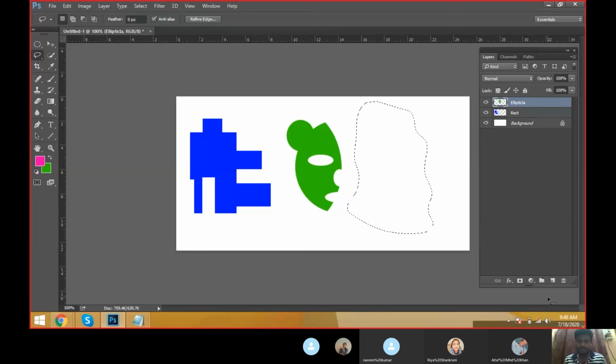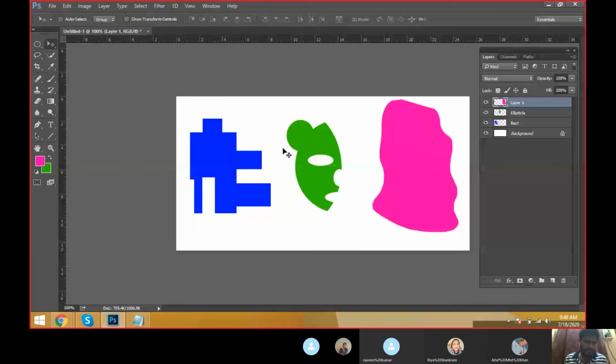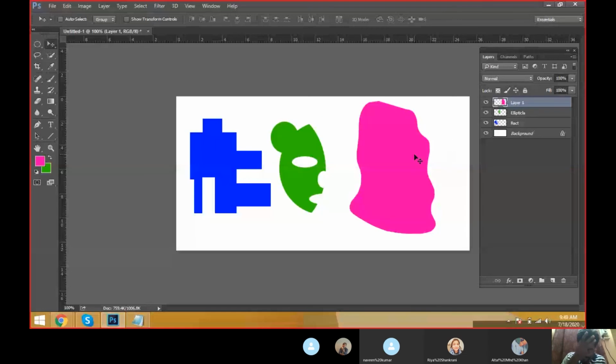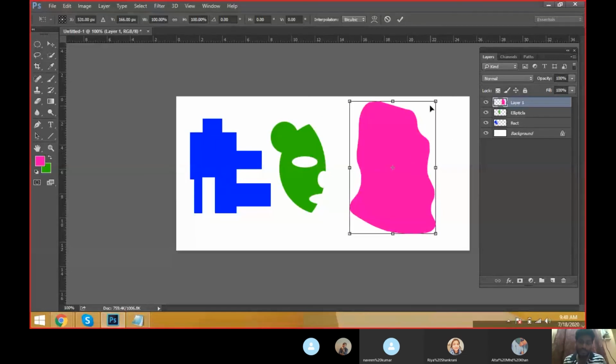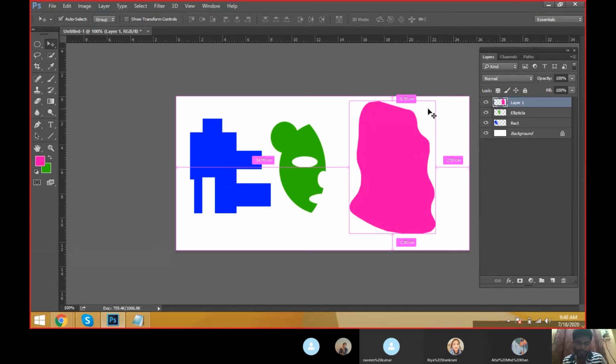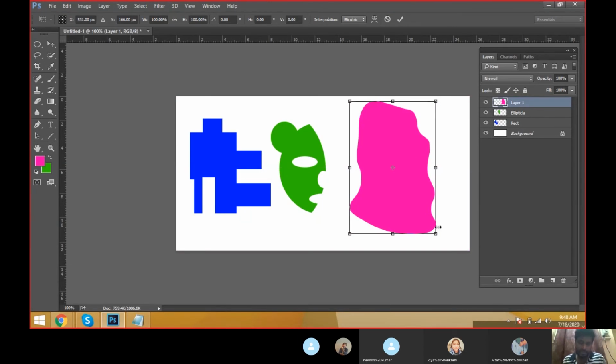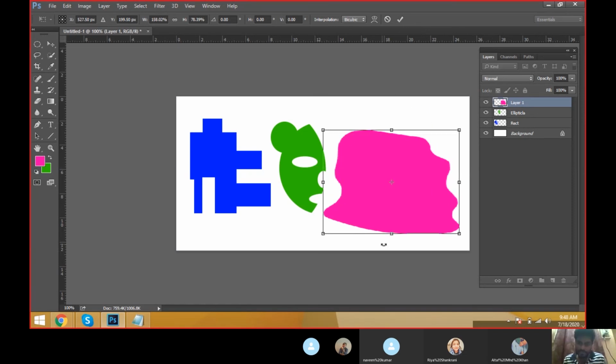See the object we have taken here, this object is bigger than this object. Then what should we do? We have to transform this. What is the transform control? Control T is the transform controls shortcut. With Control T, we can see the bounding box of the controls. This is called the transform controls bounding box, and we can squeeze it like this.